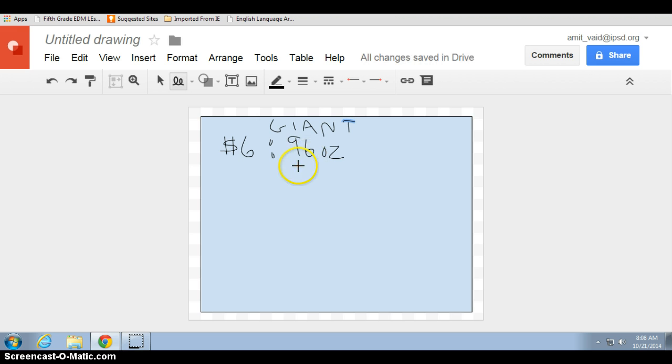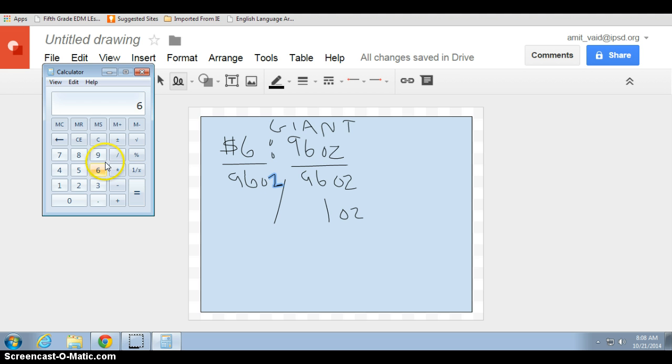$6 for 96 ounces. I want to know the cost per 1 ounce. So I'm going to divide each side by 96 ounces. Okay, so 96 divided by itself will give me that 1 ounce. What I do on this side of the ratio, I'm going to do on the other side of the ratio. 6 divided by 96. Let me calculate that. $6 divided by 96 equals